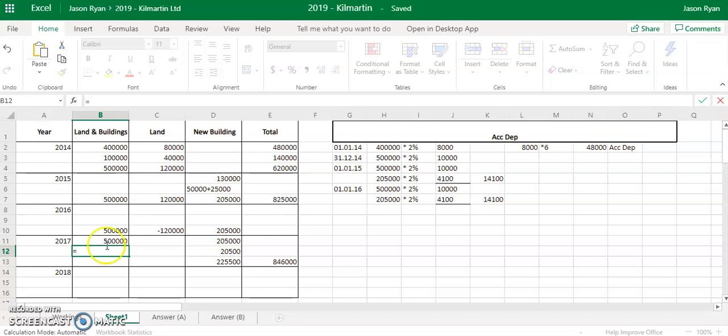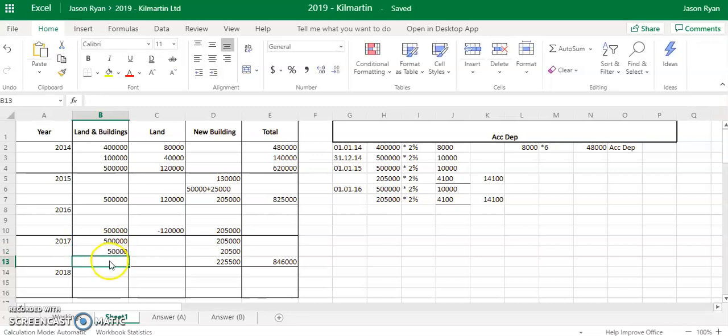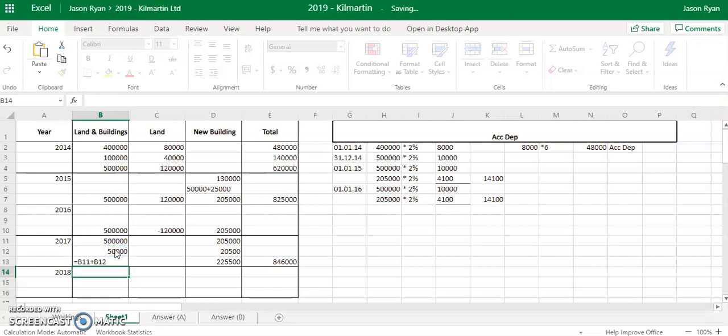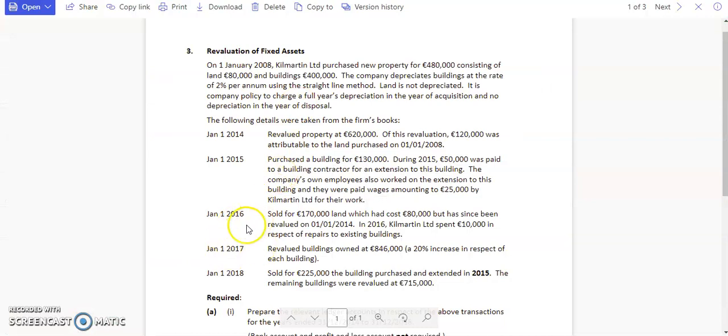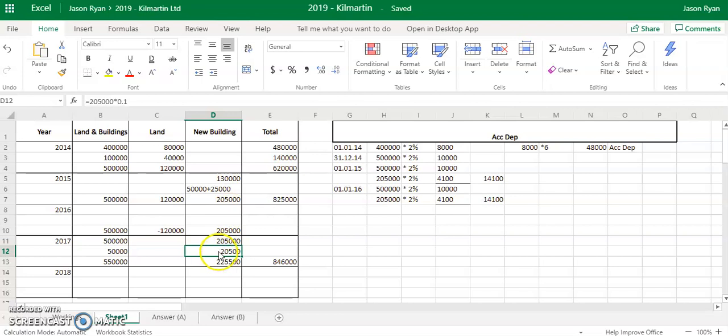It's going to be revalued at 20% increase, so I need to multiply that by 20%. So when these two add together, they should give you